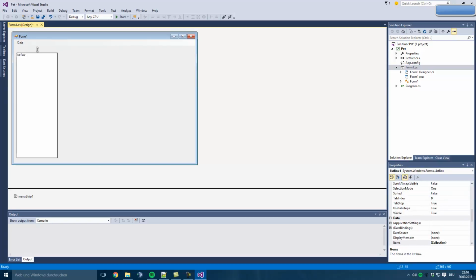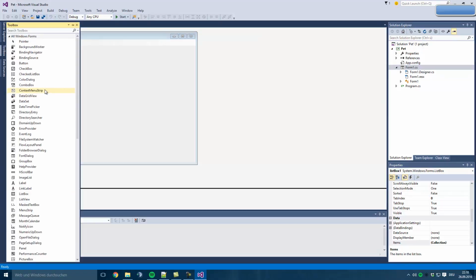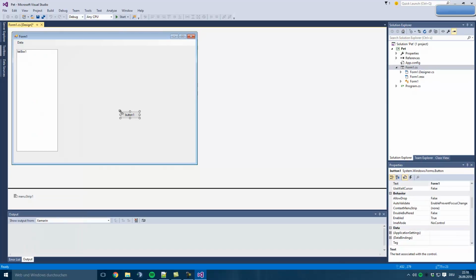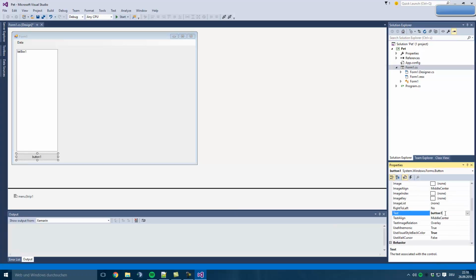We also need an add button to add a new entry in the TCD. The text for the button is add,